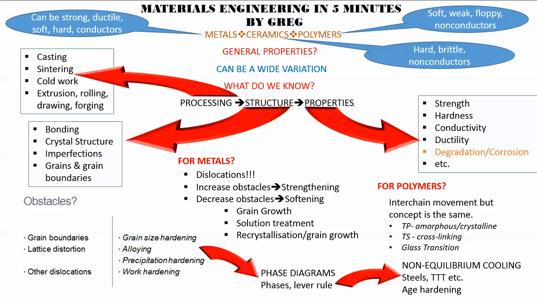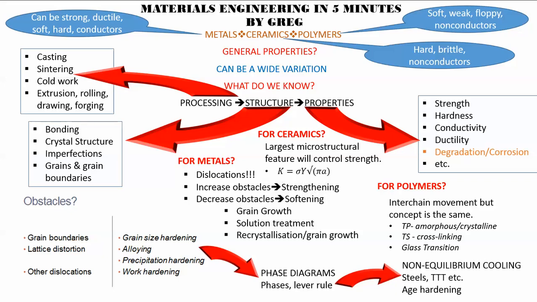But for ceramics, we also see that the microstructure, or the structure, controls the properties, and not surprising. But in this case, we find that because of the ionic covalent bonds in the ceramic, we don't get dislocation movement, or very limited dislocation movement, which is why they're brittle. But we find that it's the largest microstructural feature which will control strength. So that could be a large pore, or a large grain, or even a crack, some damage in the surface. That will control the strength.